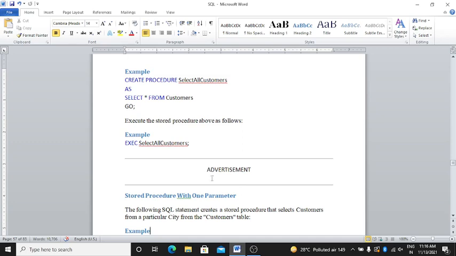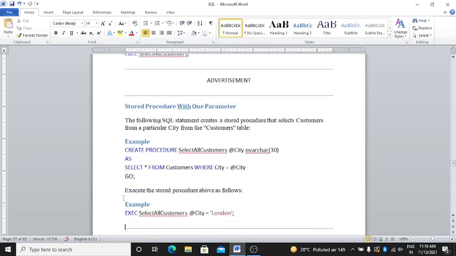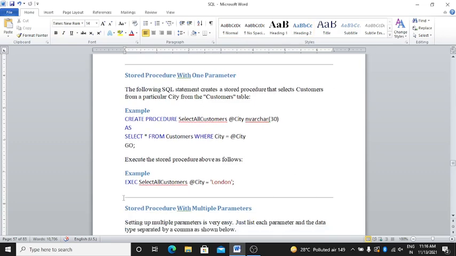Here is stored procedure with one parameter. The following SQL statement creates a stored procedure that selects customers from a particular city from the customers table.